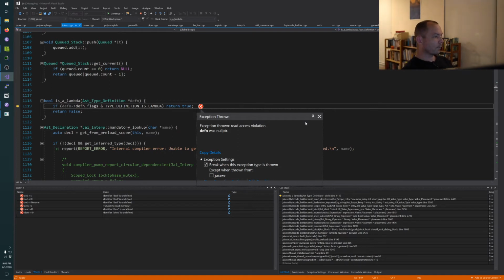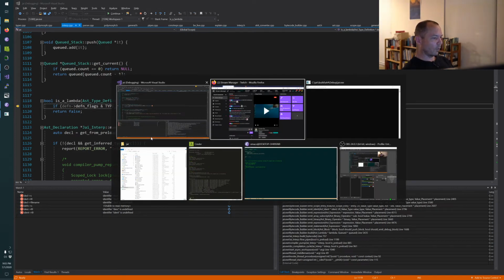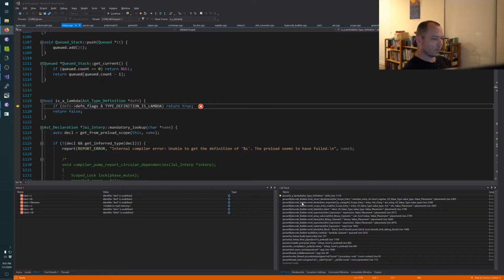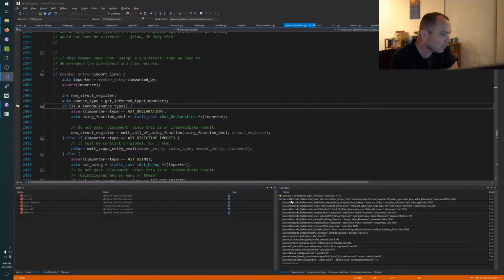Okay. Is it a lambda? Well, I gather it isn't because the pointer is null. Declaration imported. Source type. Importer.